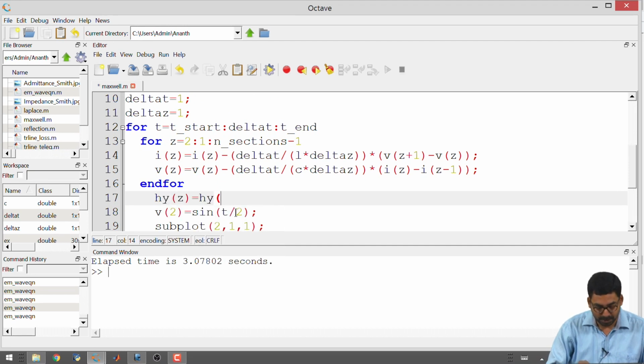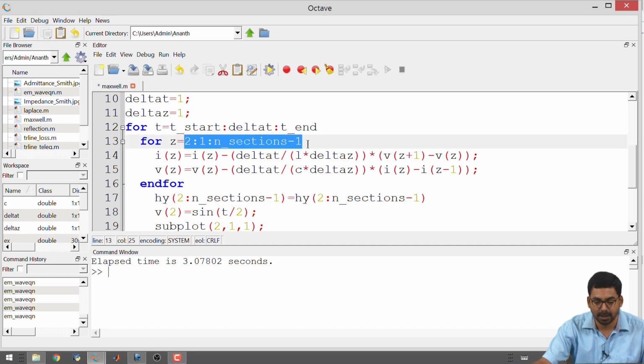Is equal to hy of z. Okay. So, z in this case is 2 to n sections minus 1. So, I am just going to substitute for h directly. Okay. 2 to n sections minus 1 is coming from the definition of the loop itself. So, it is in this line, right,